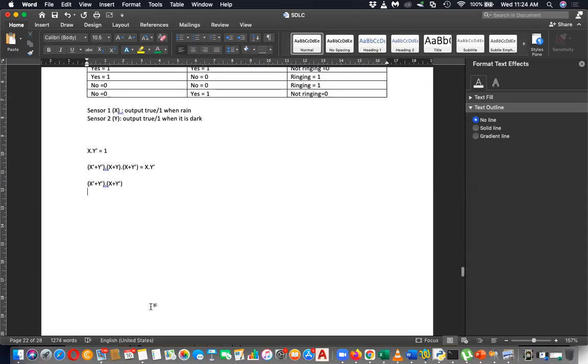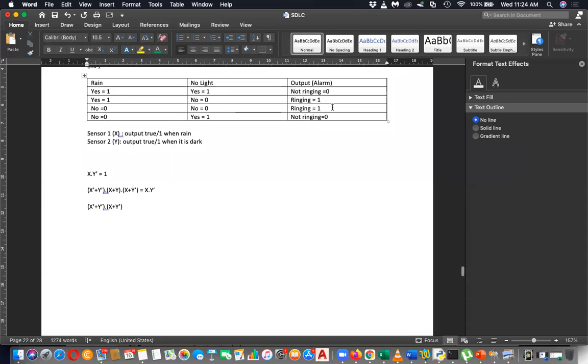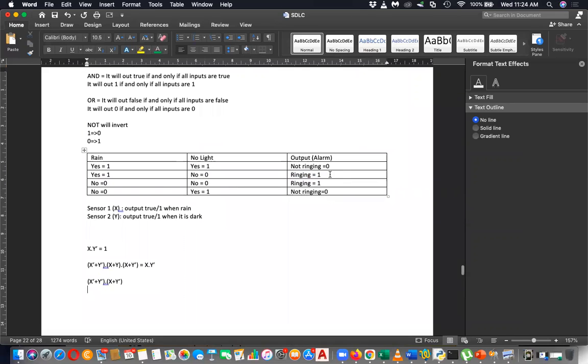Second circuit. Using 1. 1 means AND logic. Can you tell me the second circuit? X and why not? Okay, why not? Equal 1. Okay, and